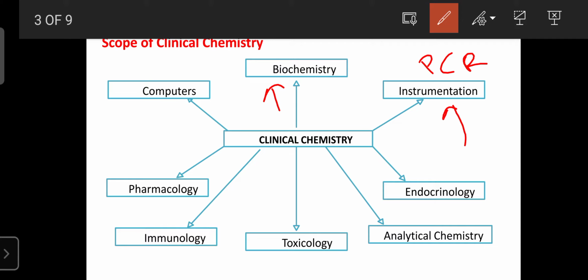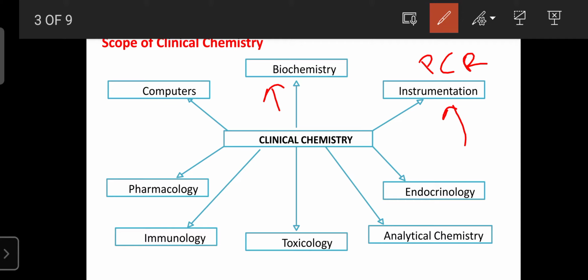So how the DNA can be multiplied, what enzymes are involved. Like that they made the instrument, so they can multiply the DNA from the patients. Then those multiplied DNA are subjected to the diagnosis of disease as well as the development of vaccines. That's why clinical chemistry is also helpful for the development of new instrumentation. Once again, for example, the development of the glucometer and the BP apparatus. These are all on the basis of clinical chemistry.